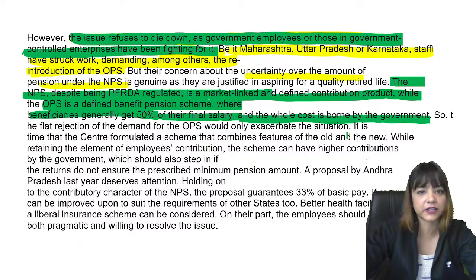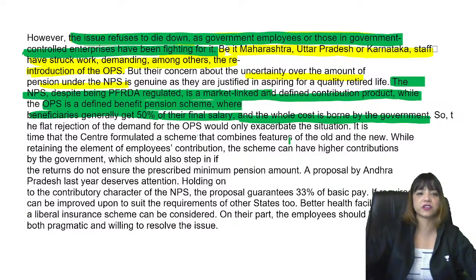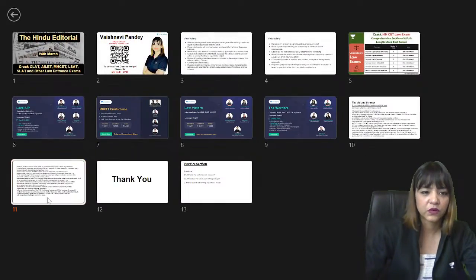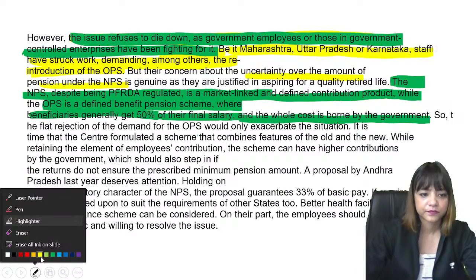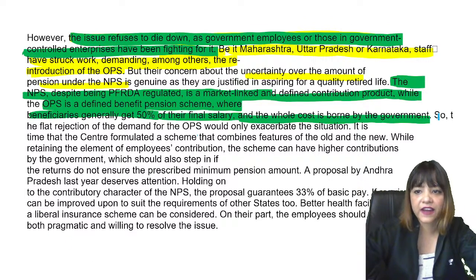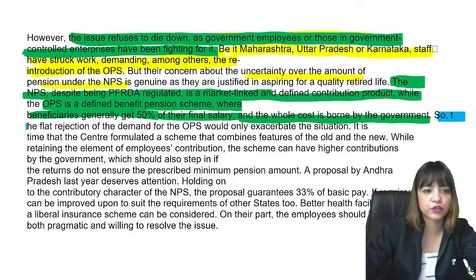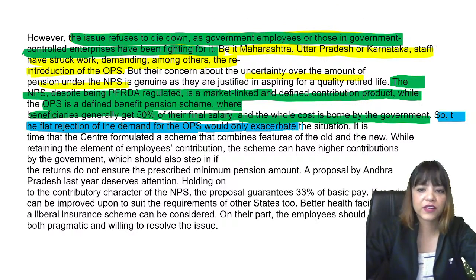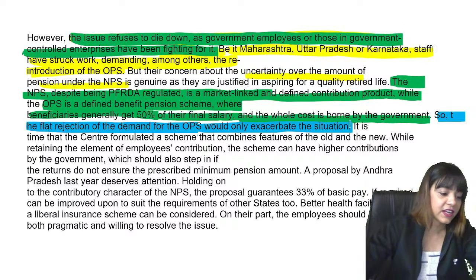सो द फ्लैट रिजेक्शन ऑफ द डिमांड फॉर द ओपीएस वुड ओनली एग्जैस्परेट द सिचुएशन। अगर आप फ्लैट इसको रिजेक्ट कर दे, ये पॉइंट बता के फाइनली द ऑथर क्या कंक्लूड कर रहा है यहाँ पर? ये पॉइंट बता के उसके बाद फाइनली कंक्लूड क्या कर रहा है, इस पॉइंट का कंक्लूजन क्या है, सो द फ्लैट रिजेक्शन ऑफ द डिमांड फॉर द ओपीएस वुड ओनली एग्जैस्परेट द सिचुएशन।